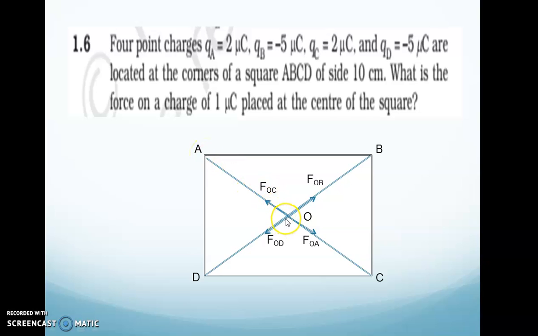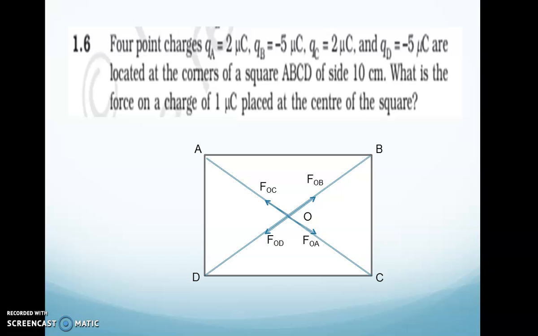This positive charge will repel the positive charge placed at point O. So we should keep the tip of the pen at the observation point, and the positive charge placed at A will repel. So the direction of force FOA, force on O due to A, will be along from A to C. Force due to B: B is a negative charge, so it will attract the positive charge placed at point O. So the direction of force FOB will be from D to B.